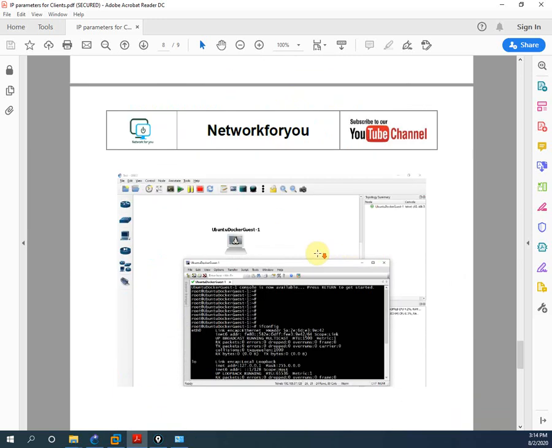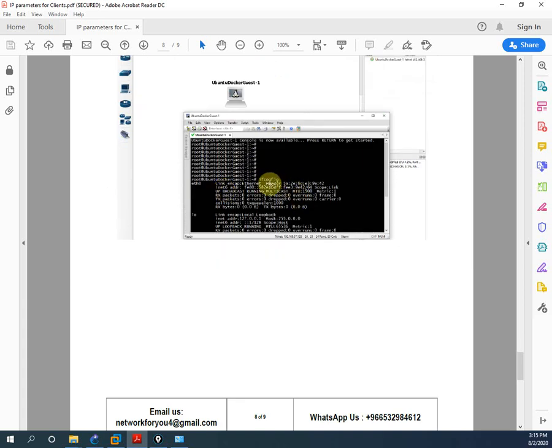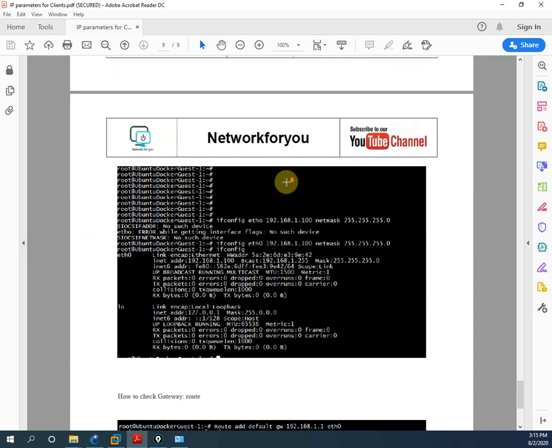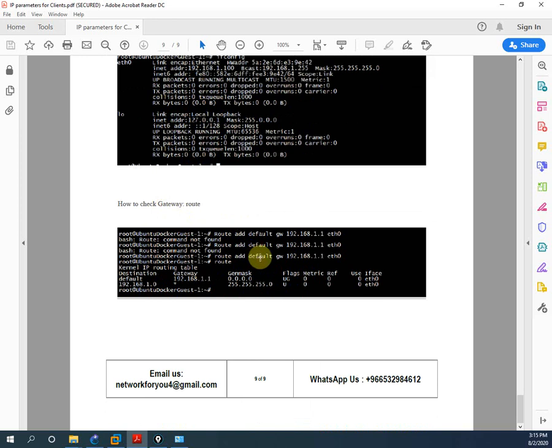So what I did, I opened the GNS3. No need to install Linux also. It is easily available in our Docker. As we discussed before, Docker is nothing but a container. It is having whatever application we want, we can take. In GNS3 before we didn't have it, but now we have Dockers, so we can use that Docker. I already used the Ubuntu Docker. In that one, if we type ifconfig, we will get whatever IP is assigned and not assigned. And if we want to assign, we will assign by using the commands. And if we want to assign the default gateway also, we can assign and we can check by command route.